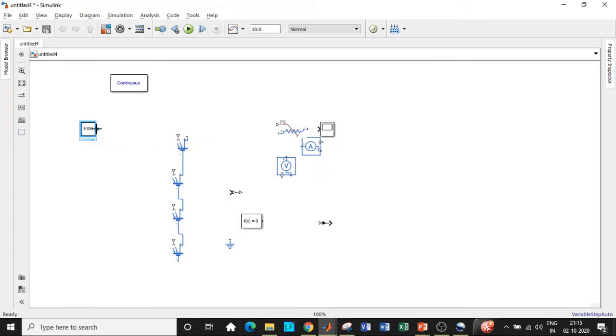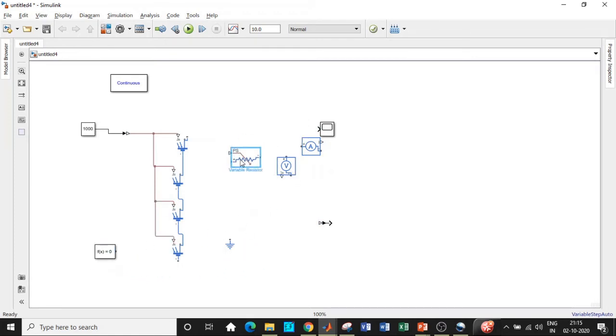Now if you see, I'll directly try to connect this and this, it will not connect. It is because this is a Simulink system, this is a physical system. So I need a Simulink to PS converter at this position. So connect this at this point, give it to this position. The irradiance required for all the solar cells is the same because the rating that we have chosen is the same. So give that value over there.